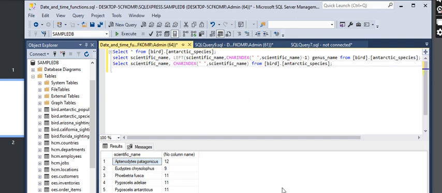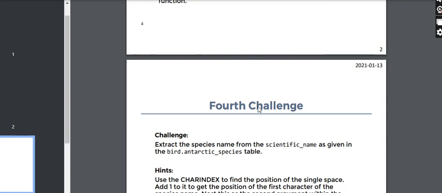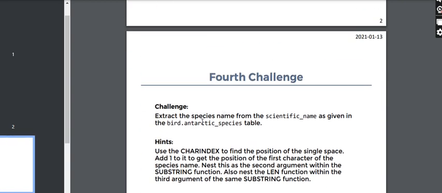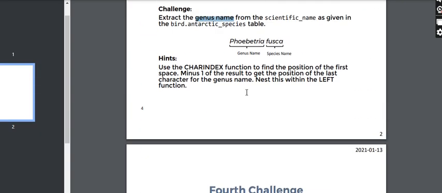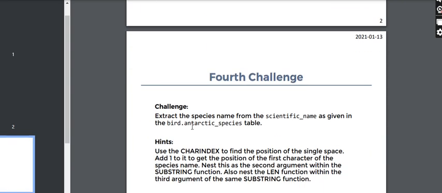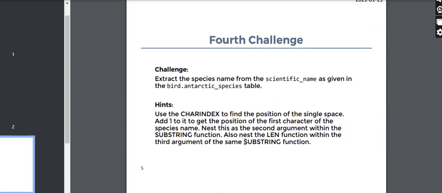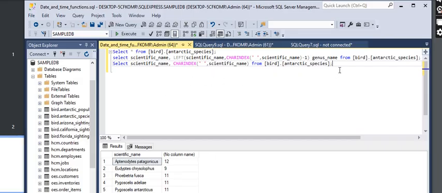Later, see the next challenge. Here the fourth challenge is the exact species name. Here he is asking for the species name. Extract the second name, meaning the last name. He wants to extract the last name. For the last name, how to extract? Just the same,